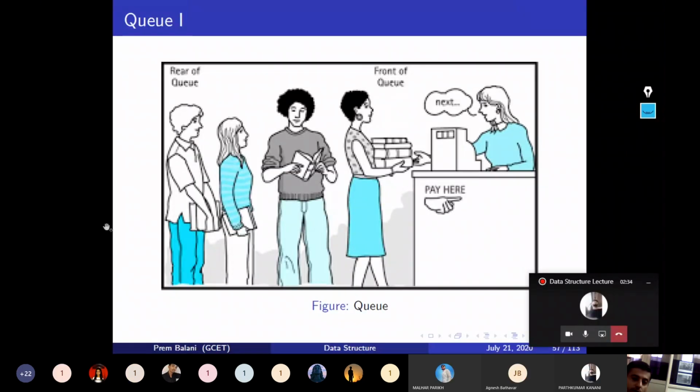In the last lecture we started the queue, and we discussed the importance of queues in our day-to-day life as well as in technology and in operating systems.